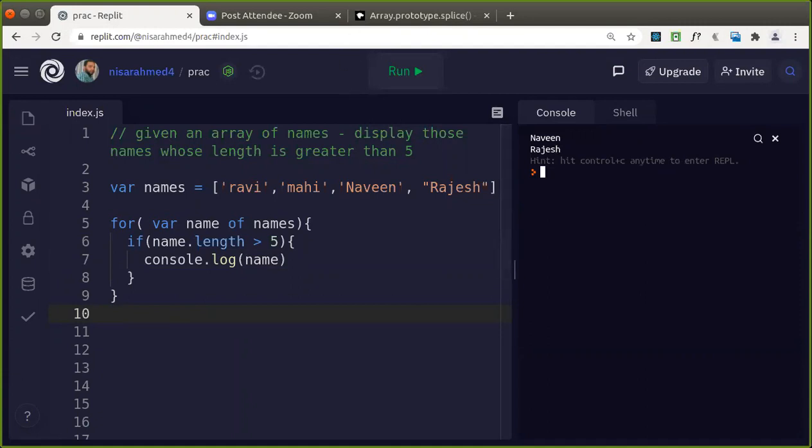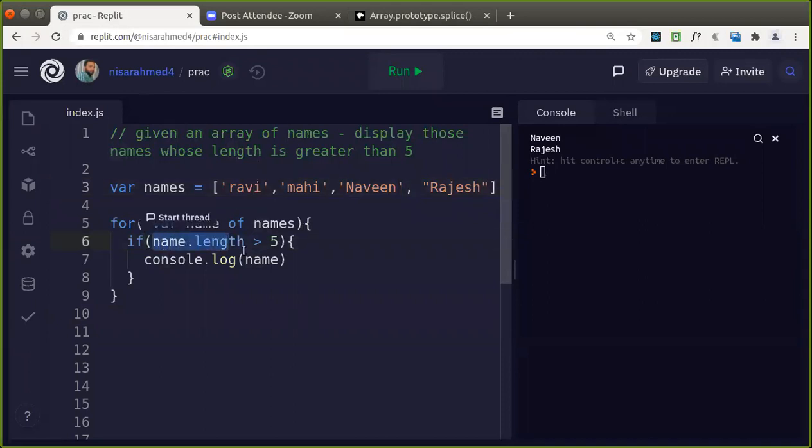Good. Some problem solving we will take up now, guys. Some more complicated problems we will take up on arrays. For name of names, name.length will give you the length.